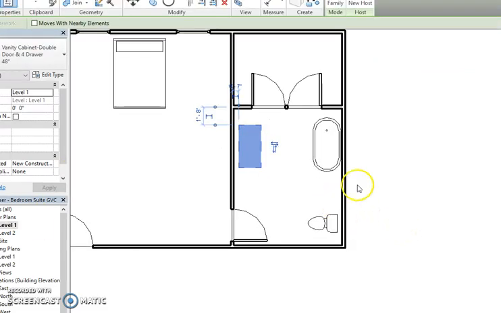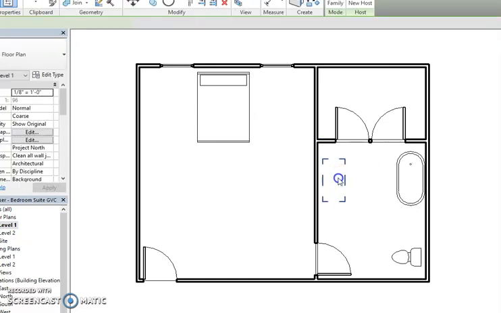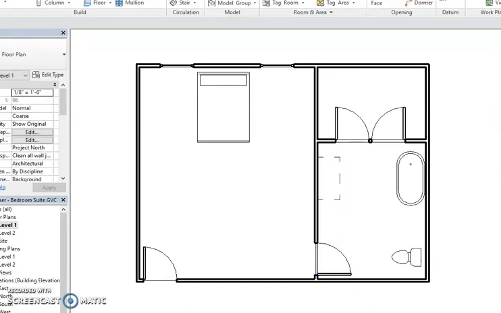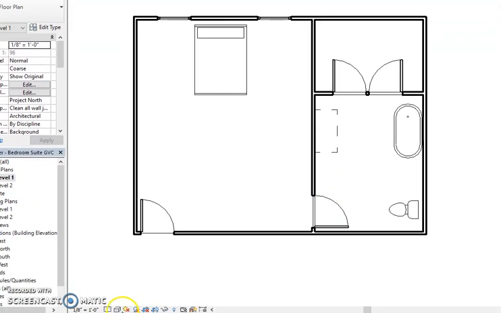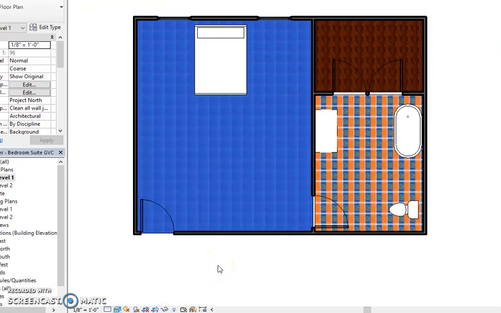And I would suggest don't work in the realistic view. It takes forever. It's slow as far as load times. It really lags. So always work in hidden line. But if you want to check your materials out, you can change it back to realistic just to look at it. But while you're working,